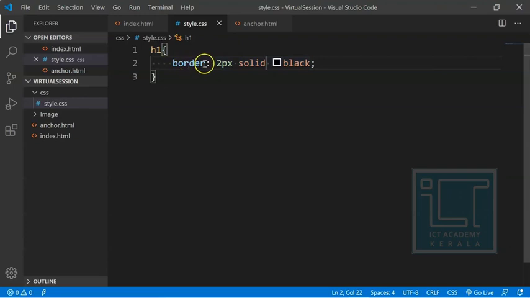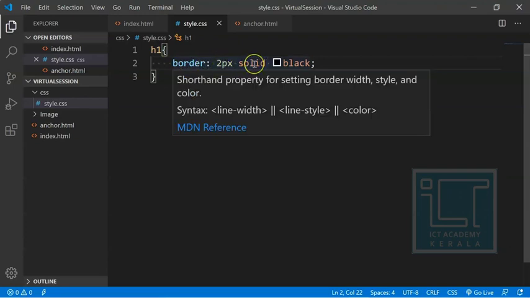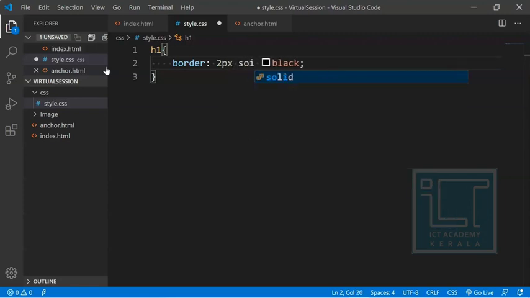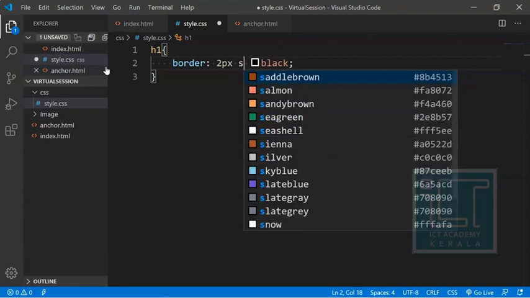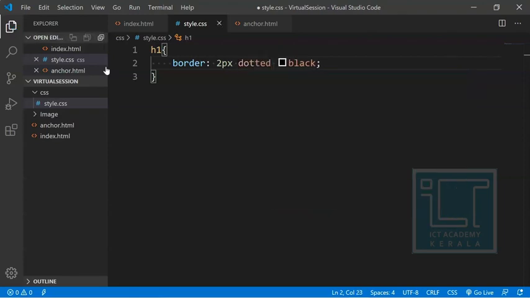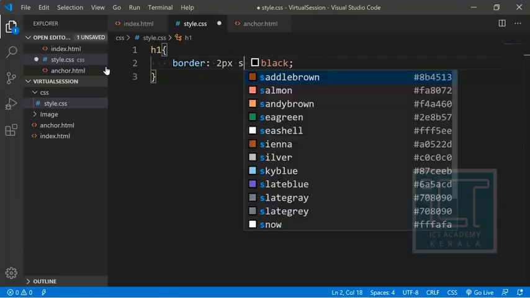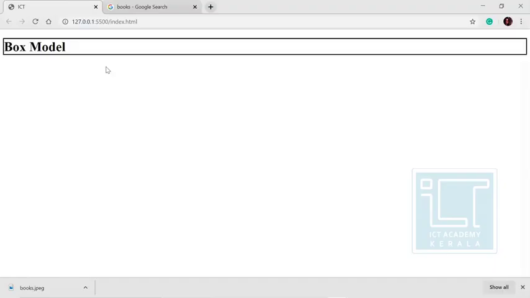Then we can provide the border property, and along with that you can simply tell it as black. If I simply tell it as black, it is not going to show. So you have to specify; that is a rule that we have to follow. That's syntax. We have to specify how many pixels we want, like the thickness of the line, and which line, which can be solid or it can be dotted too. Dotted means it will be of dotted lines. I prefer solid, so solid. So this is basically a border. Now I hope border is clear.